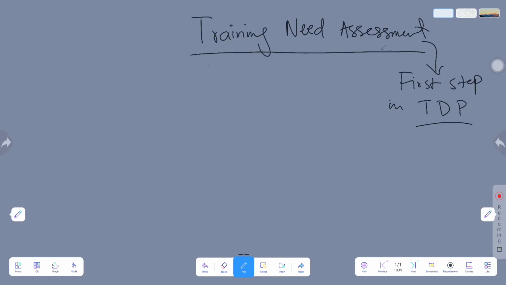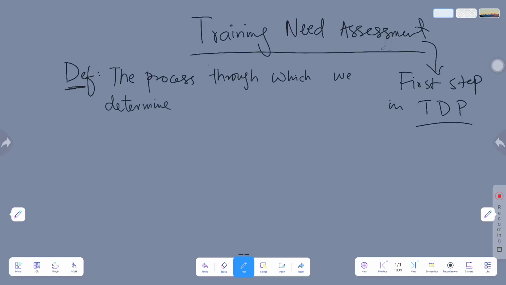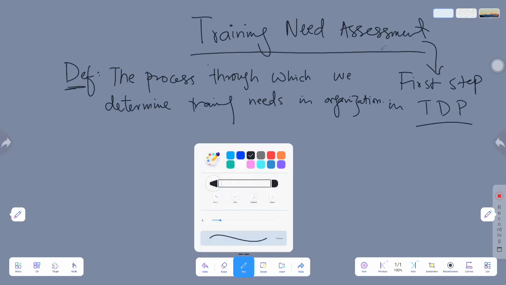Training need assessment can be defined as the process through which we determine training needs in an organization. That is, it is the process through which we determine that